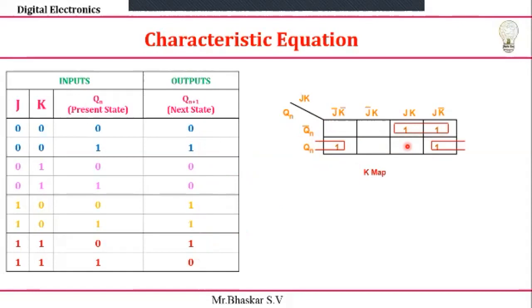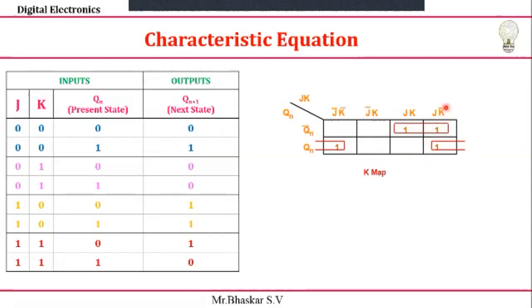Next, we'll go to the grouping. I'm going to group these two as well as the corner grouping. So just do the grouping and you can see what the common terms are here. In both cases it is J, K is changing. That's why it is the J value horizontally, and you have Qn bar row-wise. So take this one as J Qn bar plus, then what is the value you'll get here? You can see here. What is the common term between here and here?